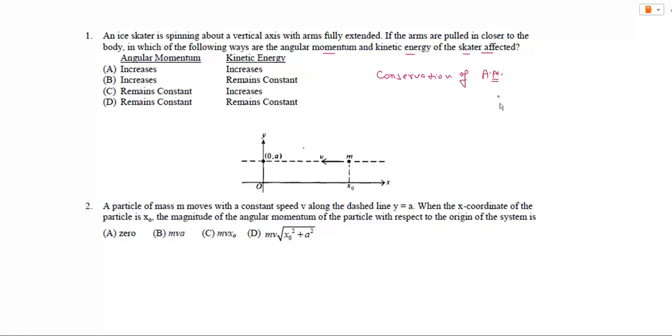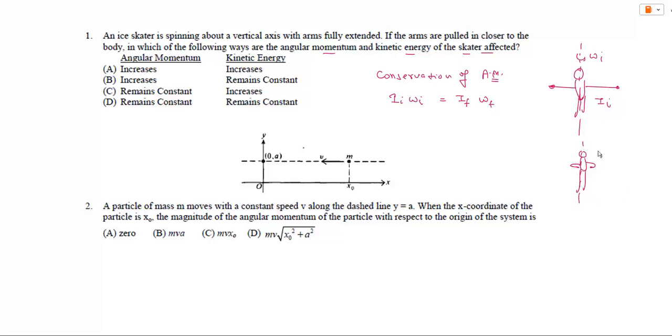Now what does conservation of angular momentum say? That if no external torque is acting, then the angular momentum will remain conserved. So that is initial moment of inertia, initial angular velocity, final moment of inertia, final angular velocity. When the skater pulls her hands inwards, initially her arms are extended and she is rotating with an angular velocity omega. In such a situation she has a moment of inertia I, right? Now when she pulls her arms inwards,